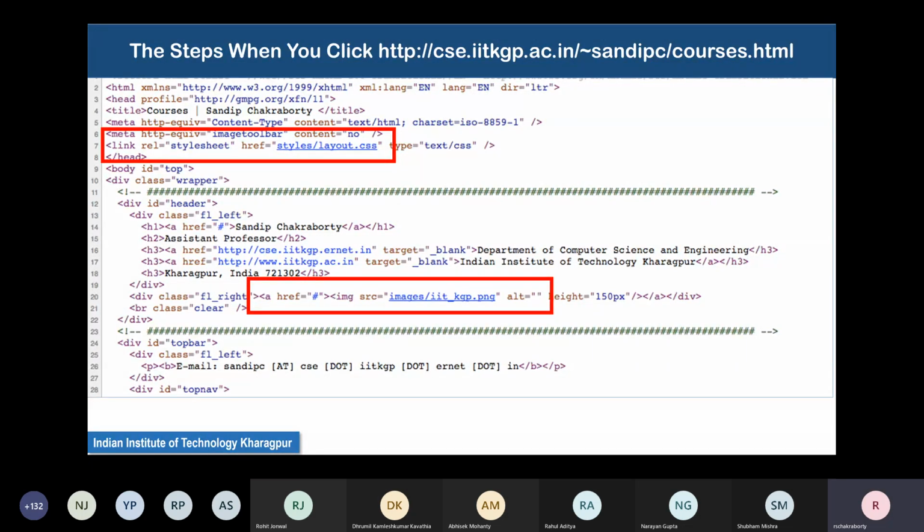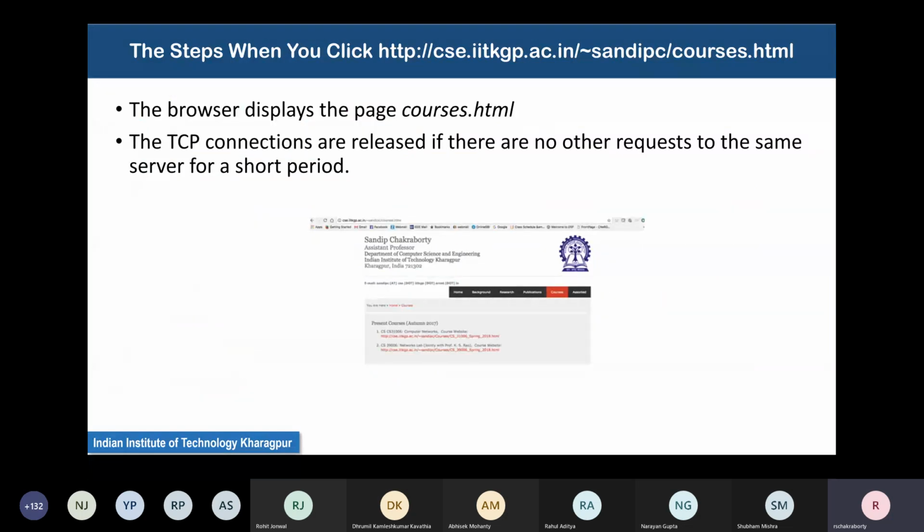By interpreting the code that is there for HTML, it displays the web page on your browser. All the resources that are linked that have to be brought in immediately are immediately brought in. Those links which do not need to be brought in immediately are kept as links. You can separately click on them and access them later on.